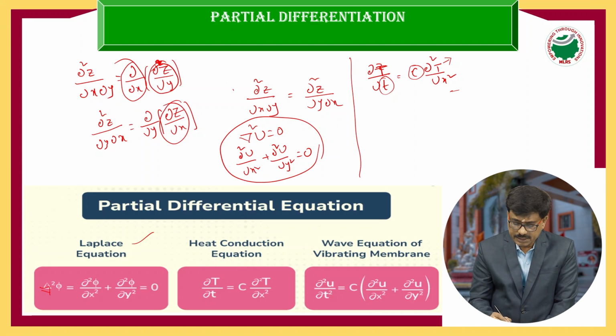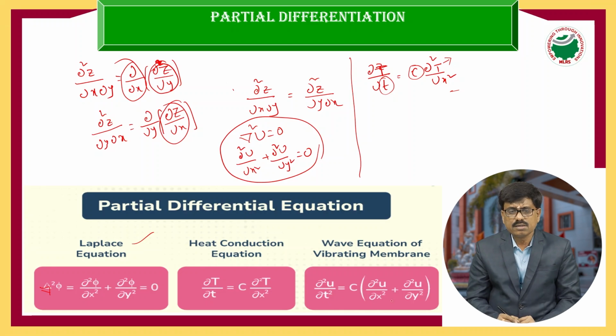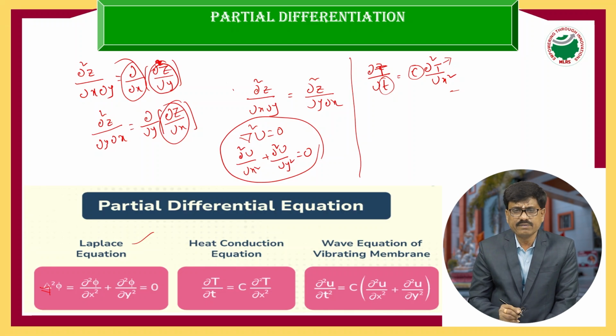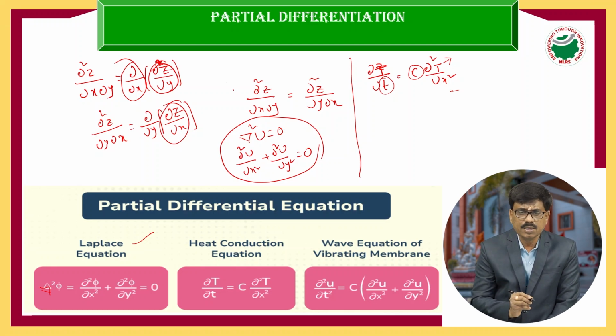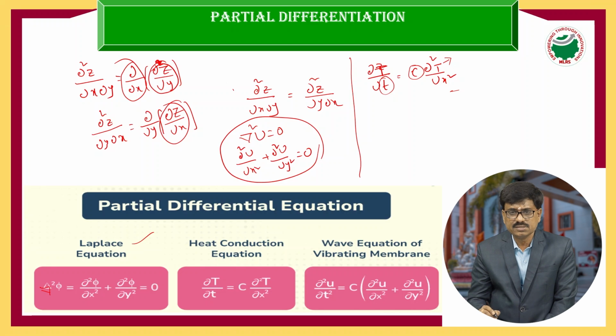Vibrating functions. Let us take dou square u by dou t square equal to C into dou square u by dou x square plus dou square u by dou y square. These are all partial differential equations. First we need the concept that in any of these equations there will be some partial derivatives. When we say partial derivative, you must identify what is the dependent variable and what is the independent variable. Further, we can extend the concepts, whether Laplacian equation or heat conduction equation or a continuity